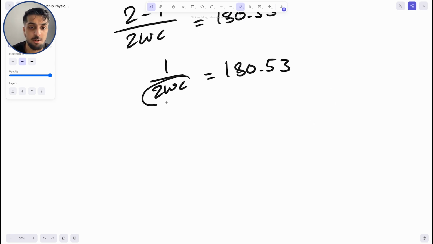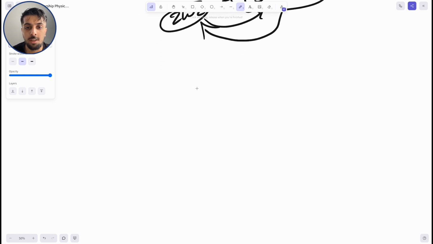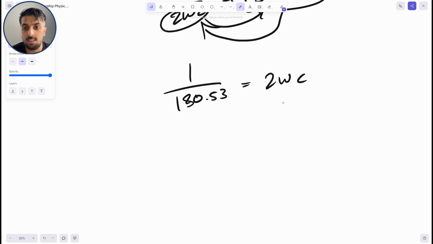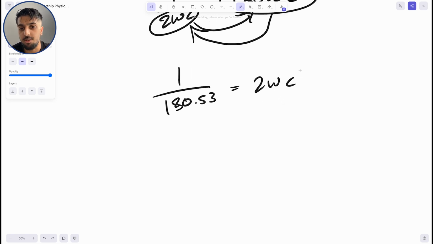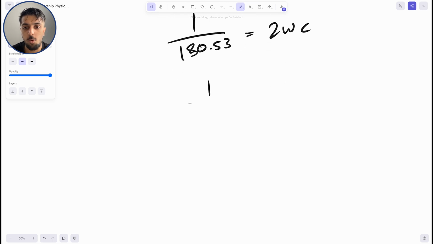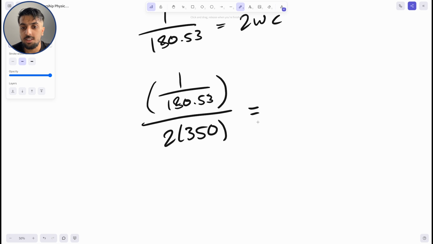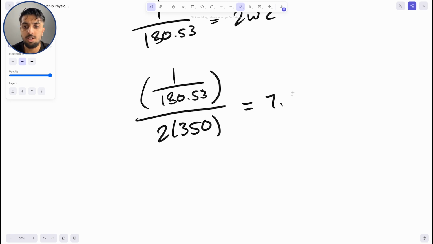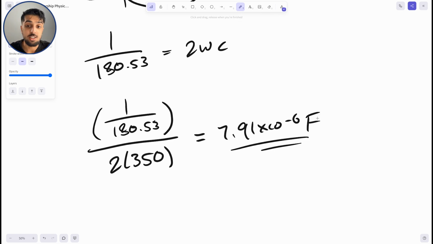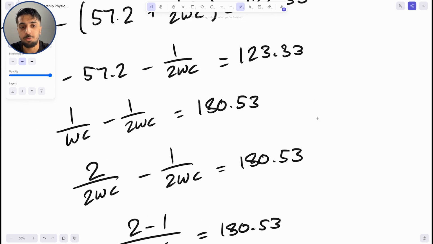Okay, so now moving 2 omega C up here and moving 180.53 down here, we get 1 over 180.53 is equal to 2 omega C. Now dividing both sides by 2 omega and therefore rearranging for our capacitance, we get 1 over 180.53 divided by 2 omega, and we know our omega is our angular frequency, which is just 350, and this gives us a capacitance value of 7.91 times 10 to the negative 6 farads. There we go. Okay, so now that we know the value of our capacitance,